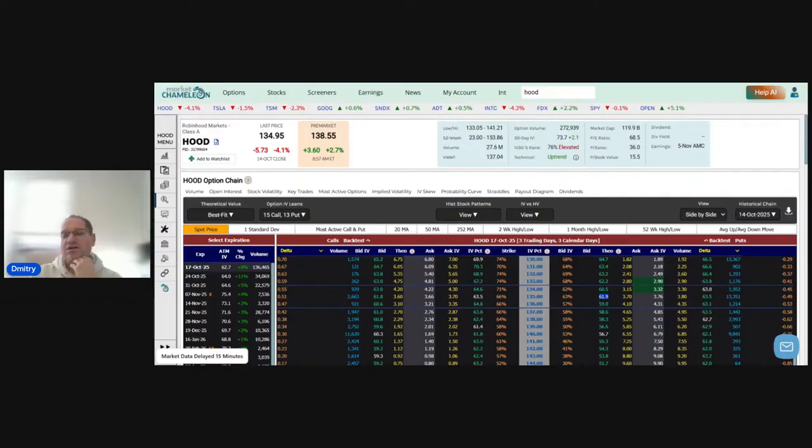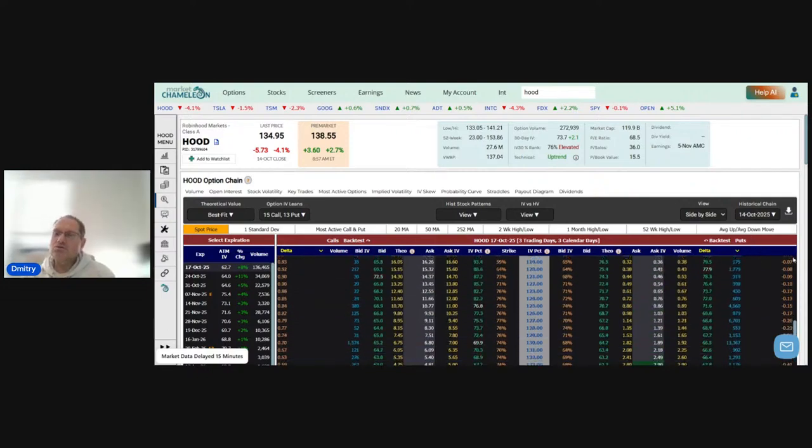You see the implied vol here? It's higher, 61.9, higher than this one, higher than this one. So it's indicating that there's buy interest, right? Somebody leaning into the market. Here, you know what? Let's do